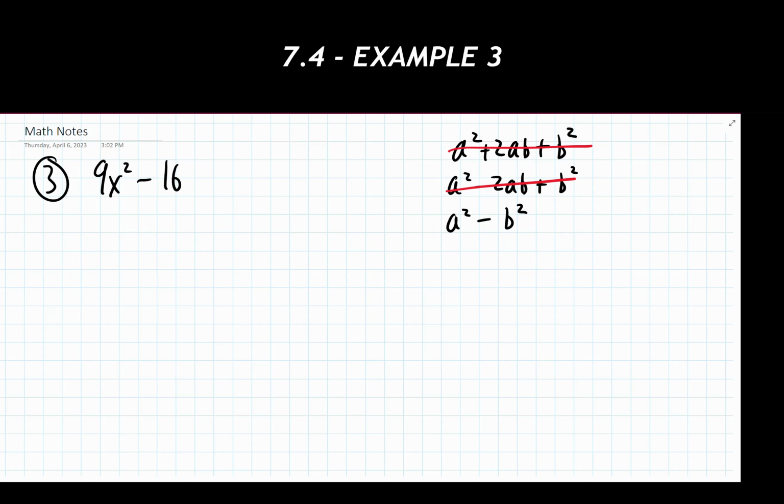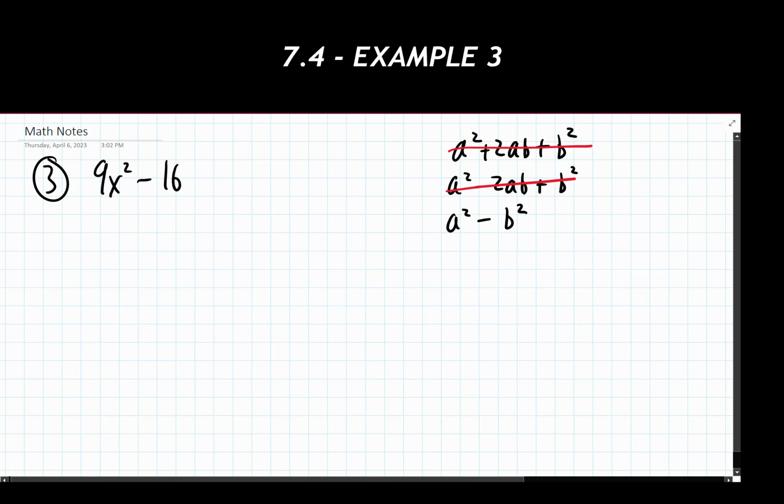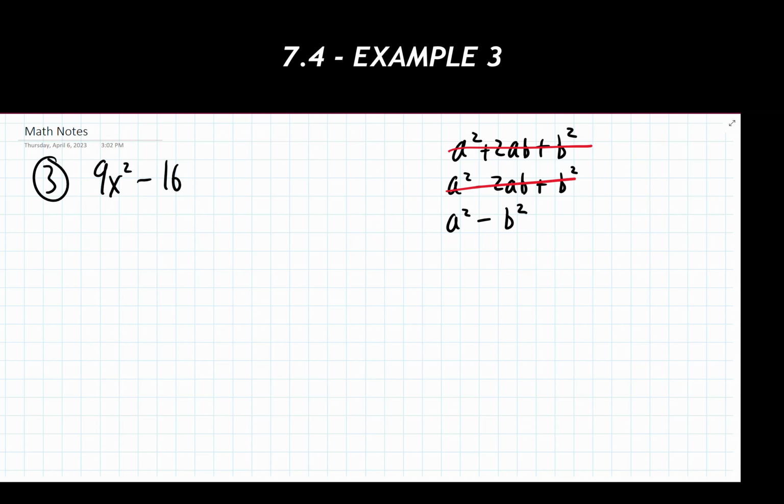It's not possible. What's even better about this is, as long as I can identify that the first term is a perfect square, and that the second term is a perfect square, and this is the key part, are these 2 squares subtracting from one another, meaning we have a subtraction sign in between them, I've pretty much done all the necessary work to identify, is this a special product? Yes, this is. So I know I can factor this thing.